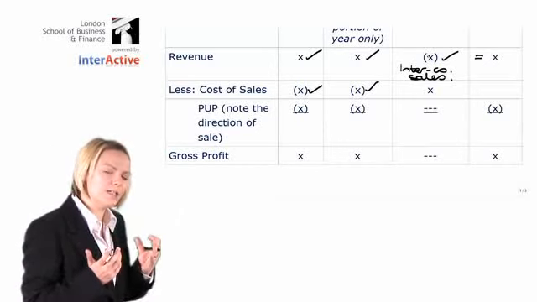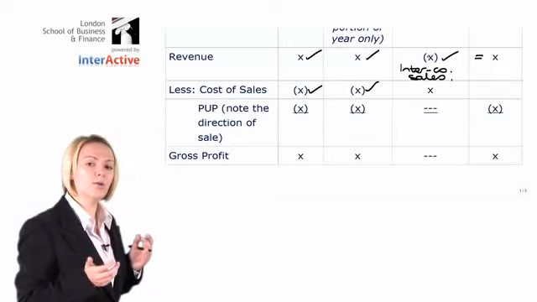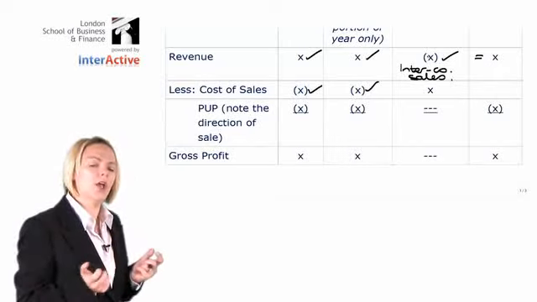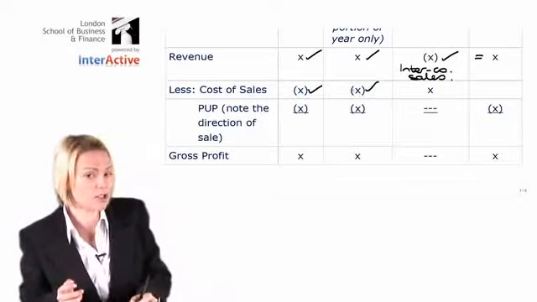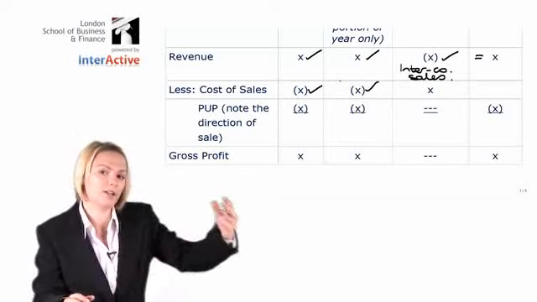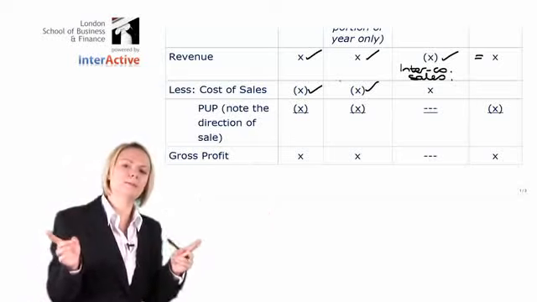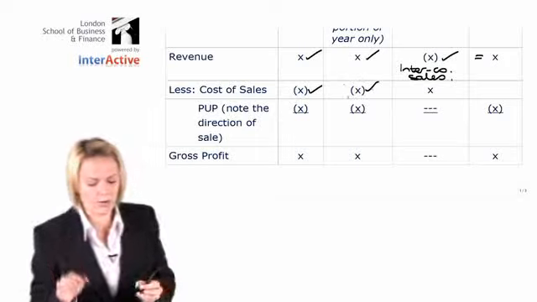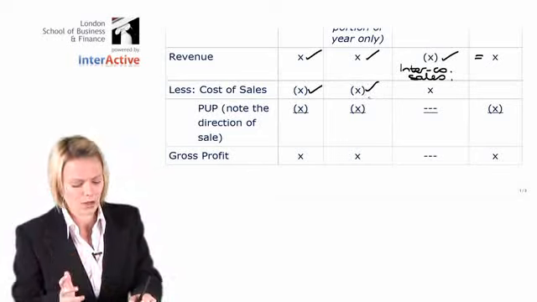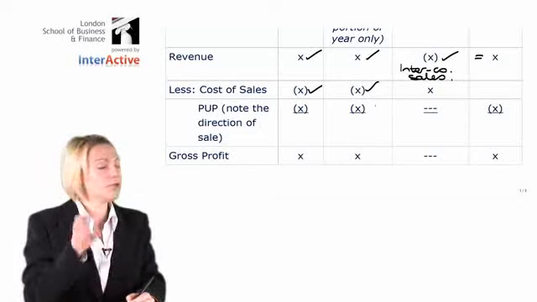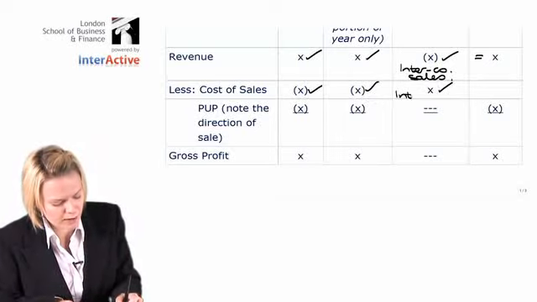But from the subsidiary's perspective, they would recognise a cost to buy goods, a cost of a sale, and that would have been $1 million. One company's sale is another company's cost of sale. So included in the subsidiary's cost of sales is $1 million, a purchase from the parent, which from the single entity perspective doesn't exist. Now, we've overcharged cost of sales. We need to remove it. Cost of sales is a negative figure. So to reduce down that negative, we need to put a positive figure in to represent